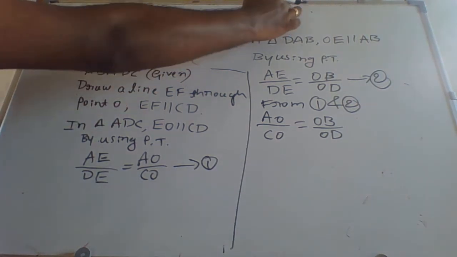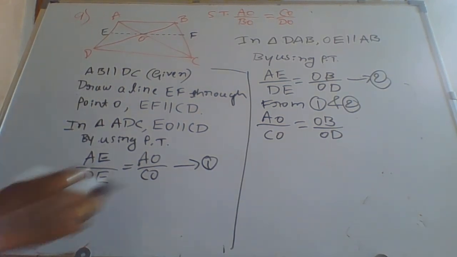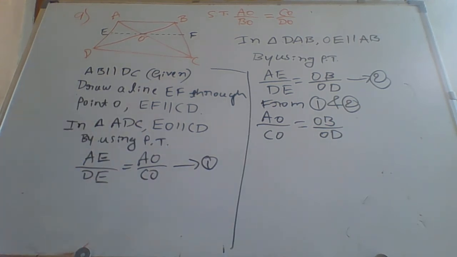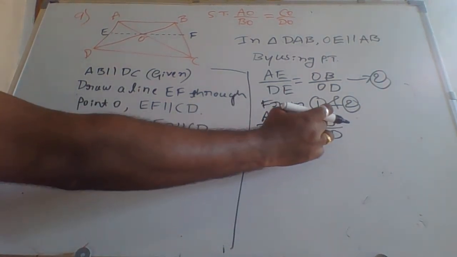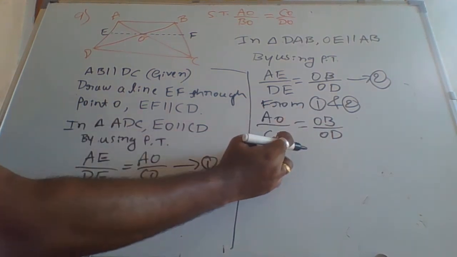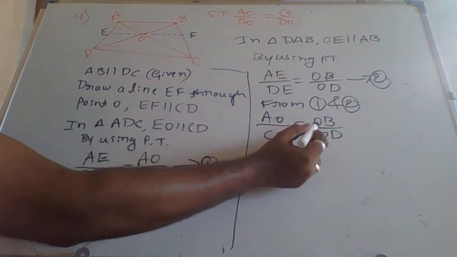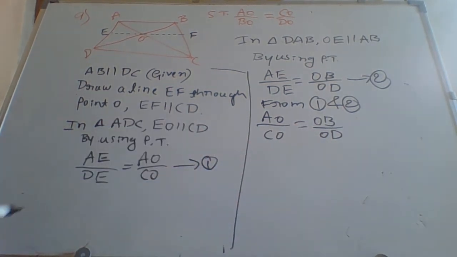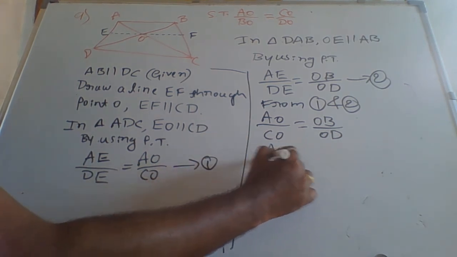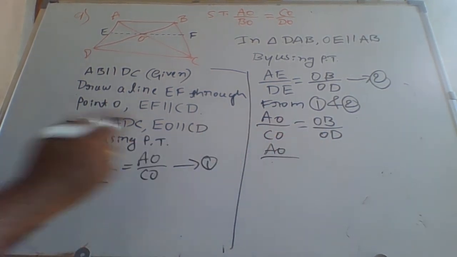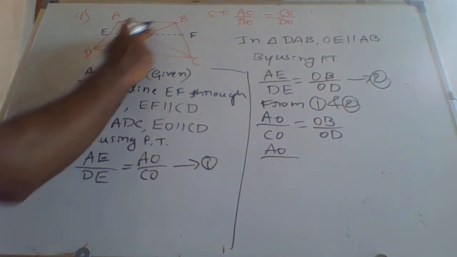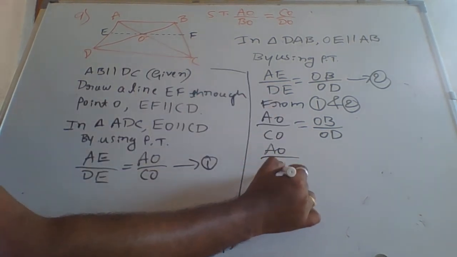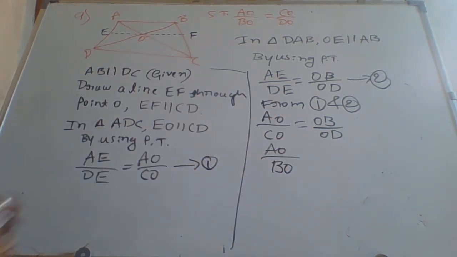So now what do we have to prove here? AO by BO is equal to CO by DO. But here we got AO by CO is equal to OB by OD. So here I have to take this OB to this side. It is on the upper side, so when you take it to the left part, it will come in the denominator side. Therefore AO by OB. OB or BO, both are the same. So here I will write BO is equal to,